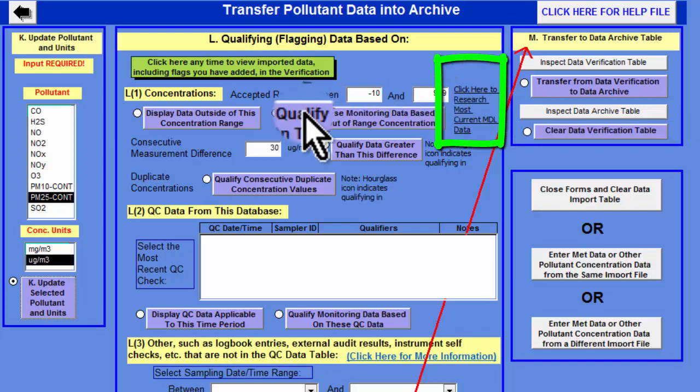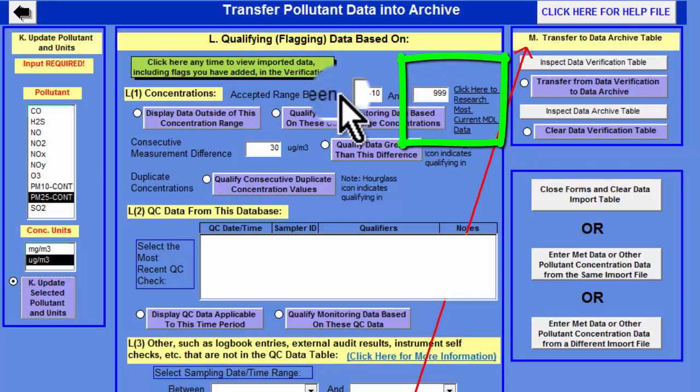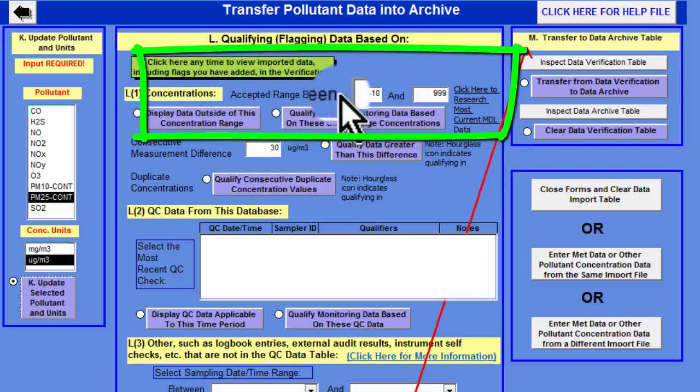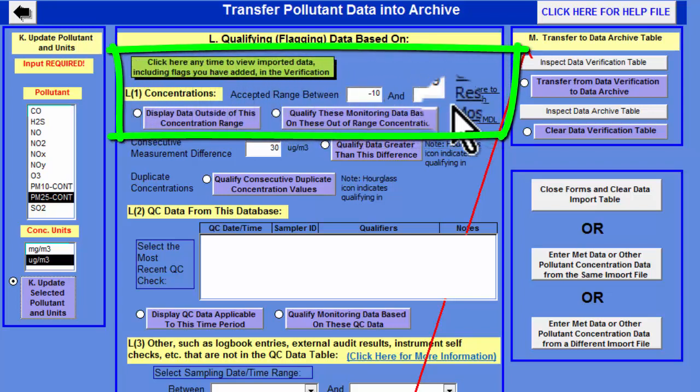But you can change these, and if you click here, this pulls up, as you can see, it's hyperlinked if you're online, to an AQS spreadsheet basically, where it tells you the federal MDL for your method. And so we're going to go ahead and see if we've got values that are less than -10 or greater than 999 for PM 2.5 in micrograms per cubic meter. That's pretty unlikely to be valid data, but we're going to see how much of the data is outside that